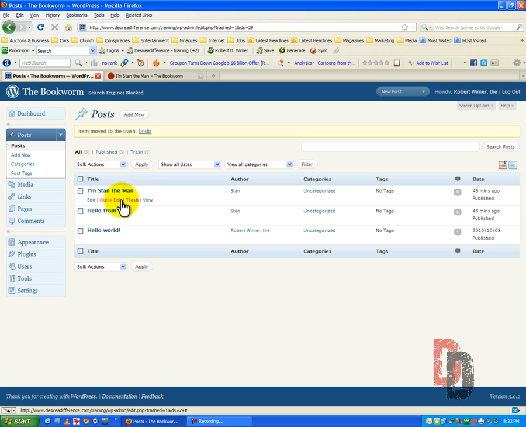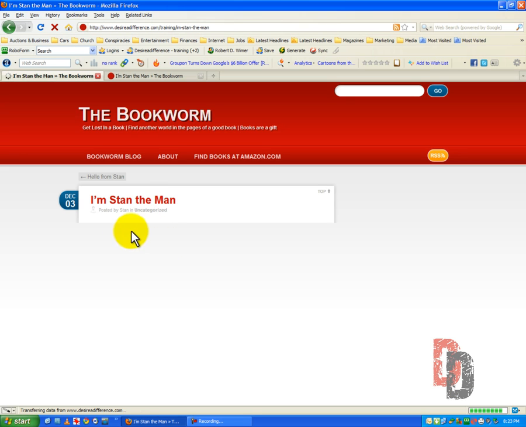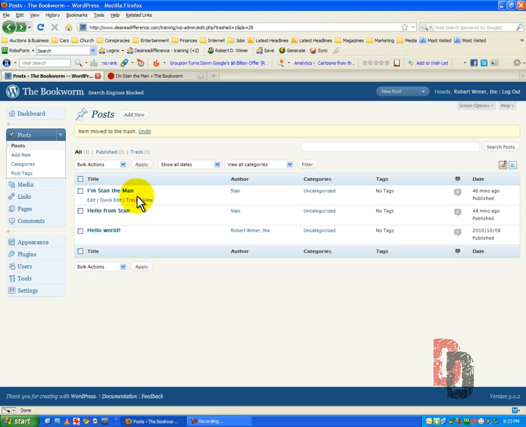You can cancel out of that. You can also trash it, and you can also view the post. Let's take a look. I'm Stan the Man. Very exciting. And then what you have to do is just hit your browser's back button to get back into your administrative console. So I'm going to go ahead and keep all of these,